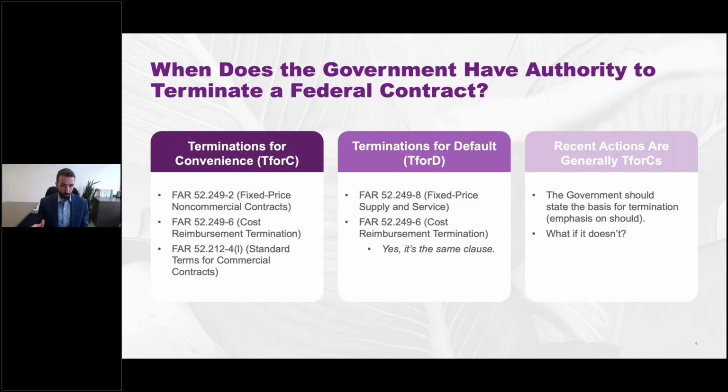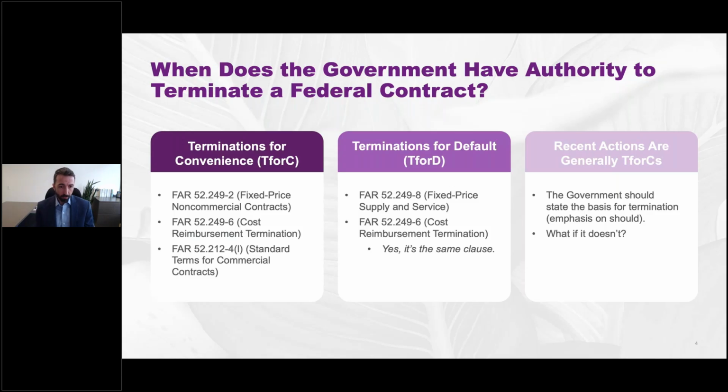Now, if the government's going to terminate for default, it needs to establish some kind of cause or default. So the bar for terminating for default is higher than the bar for terminating for convenience. And in fact, if the government wrongfully terminates for default, what the standard FAR default clauses say is that the termination can be automatically converted to one for convenience. Okay? So this termination for convenience right is really broad because in a lot of cases, it even backstops the government's termination for default ability.